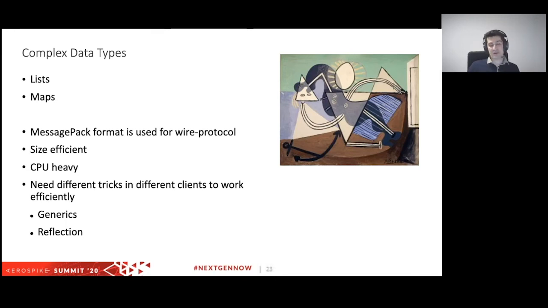So Aerospike also supports complex data types like lists and maps, and lists and maps can be sorted on the server side, and different operations on each of them can be done via the client. Now, lists and maps on the client side, and also to a certain extent on the server side, are basically, at least currently, MessagePack data. Right, they're encoded in MessagePack. MessagePack is very size efficient, and